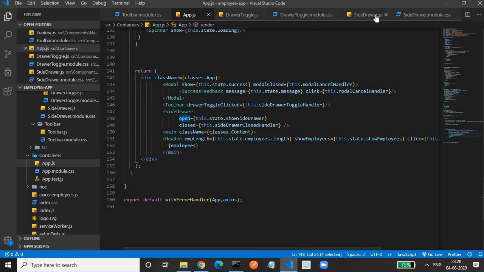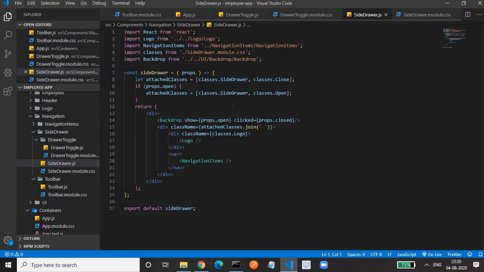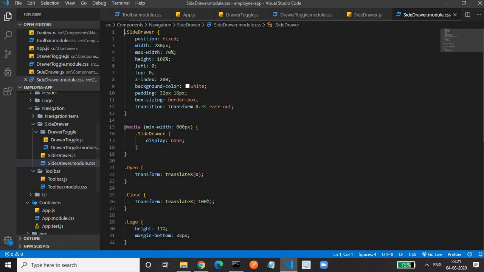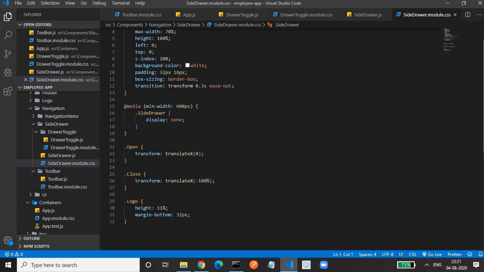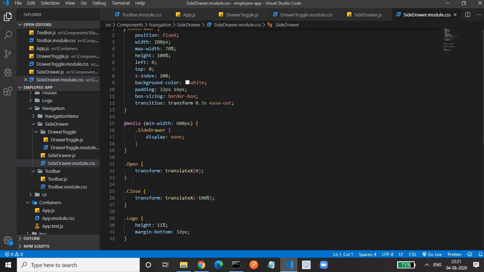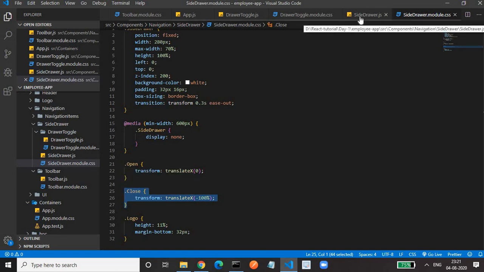In the open prop, we are adding some CSS. If it is open, meaning true, then we add the class open, which is used for showing the sidebar. So we are hiding and showing the sidebar on the basis of the CSS property. This is the open class, which will show the sidebar, and this is the close class, which will remove the sidebar.